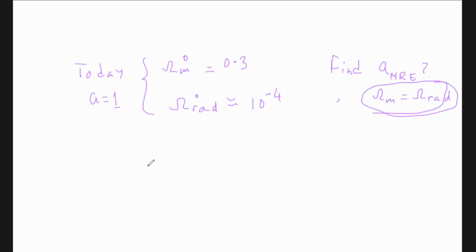Because I told you in the past, they will vary with scale factor A, both. Today their value is this, but they vary differently with scale factor. One goes as a to the power minus 3, another goes as a to the power minus 4. So when you get the answer, tell me, approximately. Everybody do it. These are simple arithmetic things, you should be able to do it.